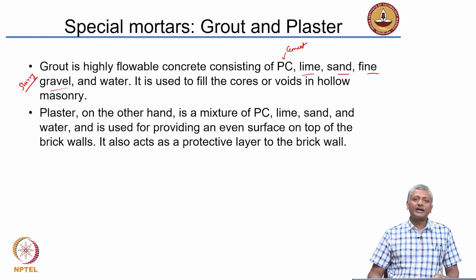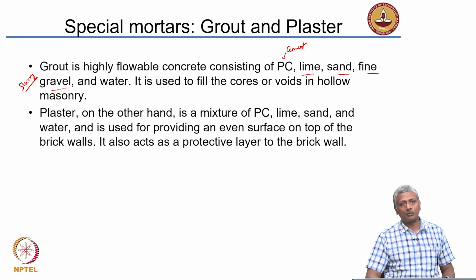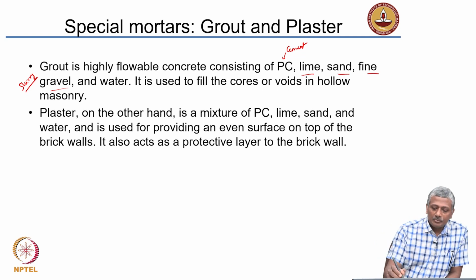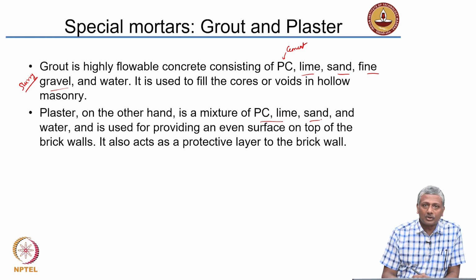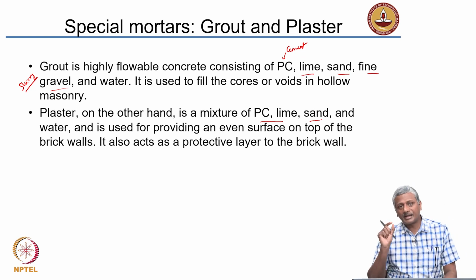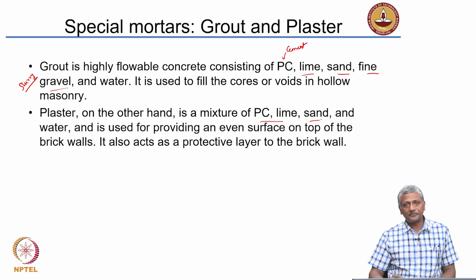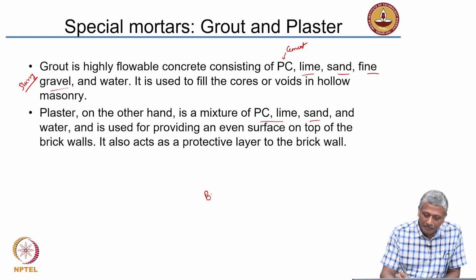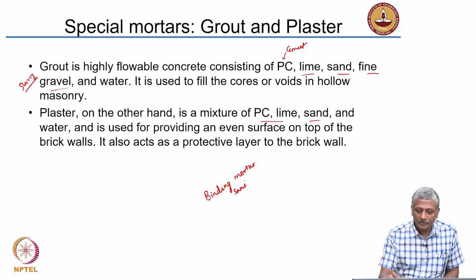On the other hand, plaster is something that you put on the top surface, outer surface of your wall. So, plaster is again mixture of lime or cement and sand along with water. You do not put any larger aggregate in this case, you actually even the sand you sieve it through a smaller size and use only the small size sand. For most binding applications, in binding mortars, that means the mortars that are used to bind the blocks together, you typically use a sand of maximum size